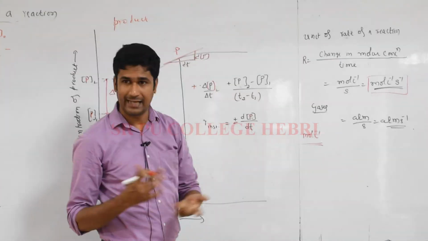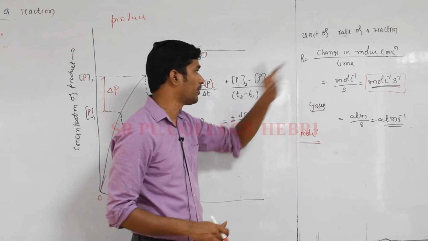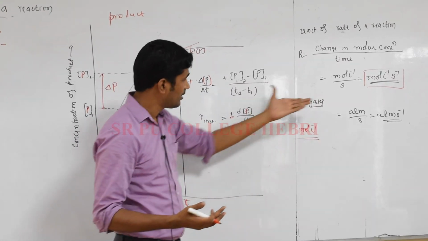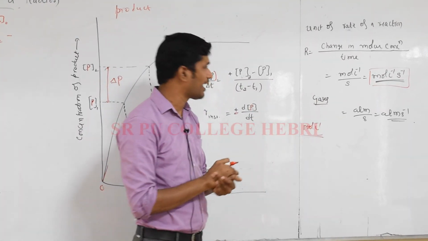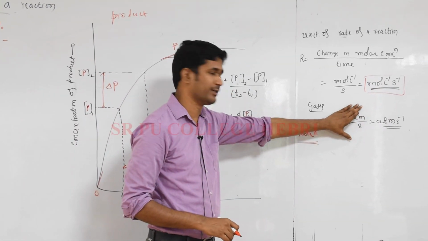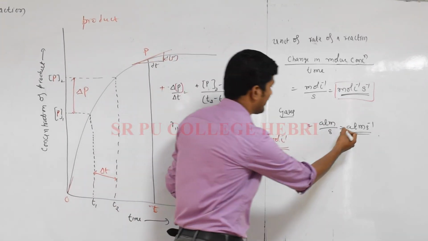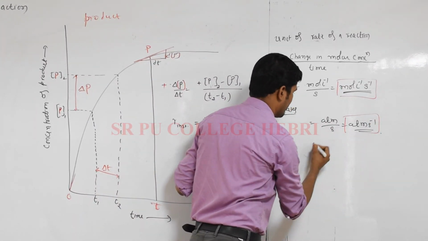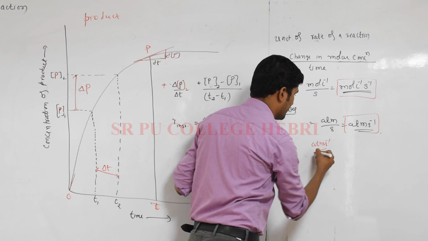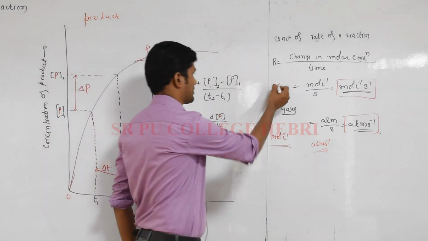But if you are dealing with gaseous reactant and product, in that case you cannot use the term mole per liter. So here we measure the pressure of both reactant and product. So in your numerator you have atmosphere or you have pascals. Now in the SI system you write the unit in terms of atmosphere, and your unit is atmosphere per second. Okay, this is very important for 1 mark. You remember this.